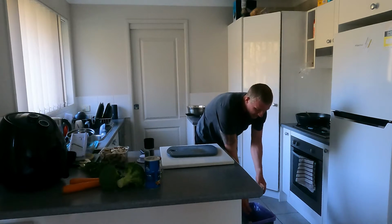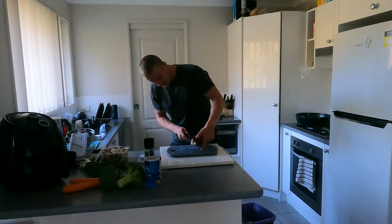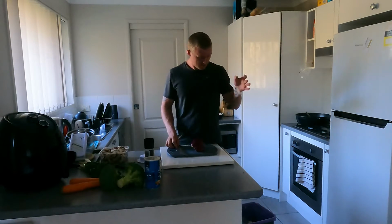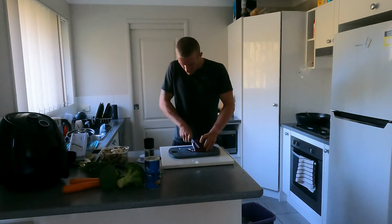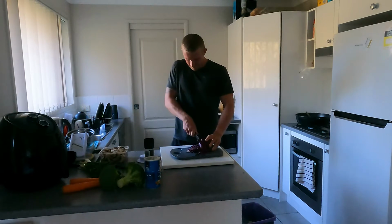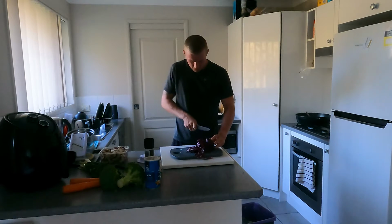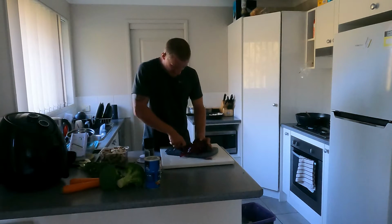We got the red cabbage today because the normal colour cabbage was not at the shop. It's all good. We like to take that big root out of there, and then you're left with the remaining of the cabbage. From here, you simply slice and dice the cabbage. Well, that's a bit thick. There it is, team. Nicely cut